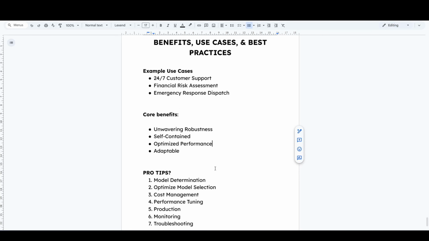So a tip that I would like to give is that first, for mission critical applications, you should first determine which model is best suited for that task. The next is that you may want to experiment with the modelOrder in order to prioritize speed or depth. You may also want to look into cost management by tracking the token usages, even for mission critical projects, and try to optimize it. Also, you may want to thoroughly test as well as simulate failures and high loads. And these high loads could be trying to test the model during times that you know that the service providers are experiencing problems or issues and try to see how your model handles all those system overloads and API errors.